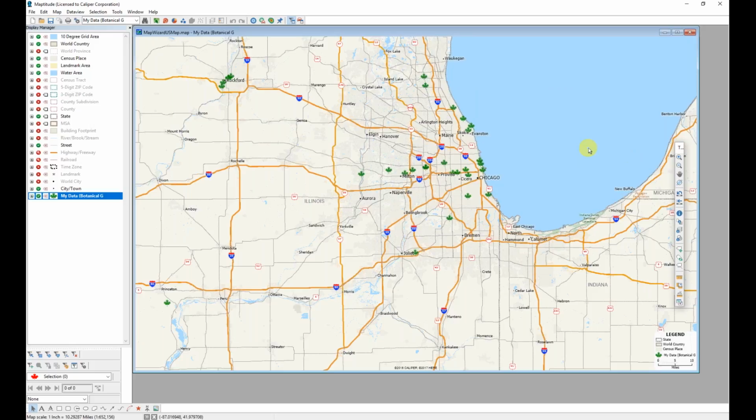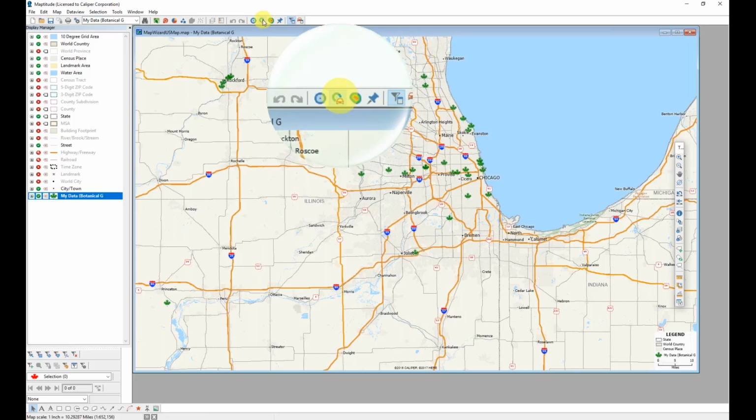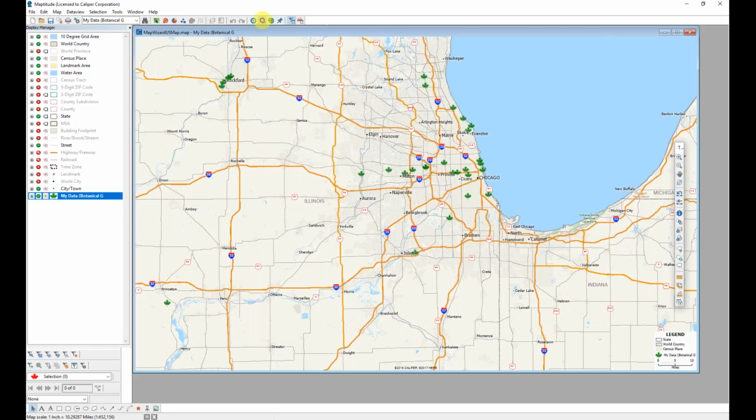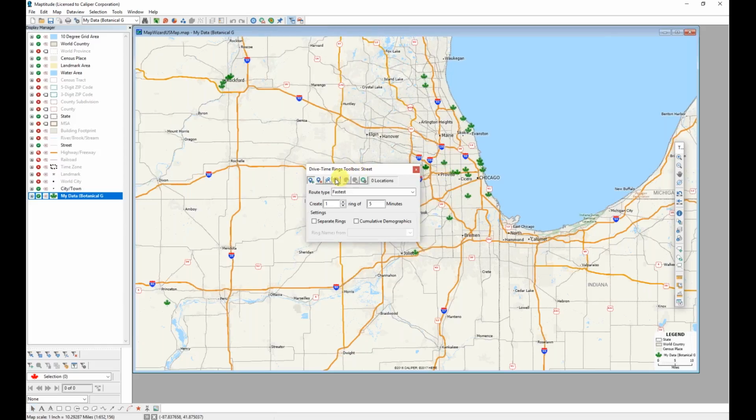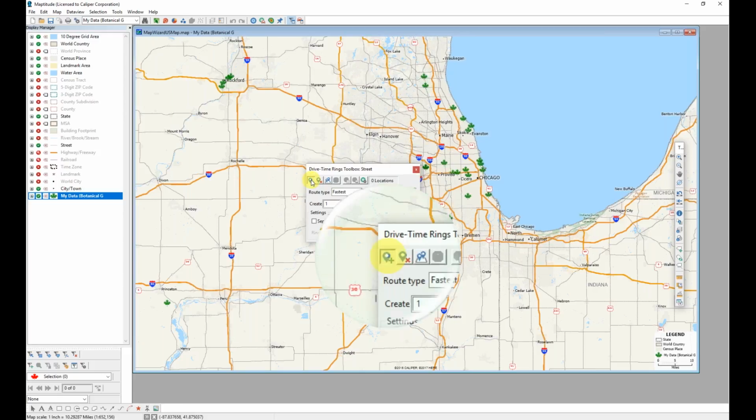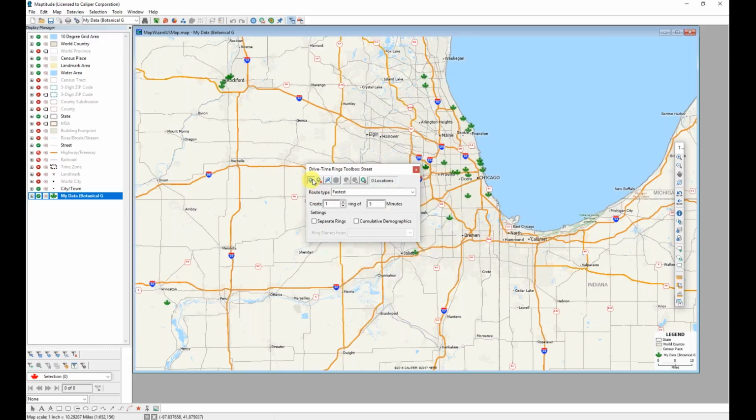The Drive Time Rings tool can be accessed in Maptitude by clicking the shortcut at the top of your screen. This opens the Drive Time Rings toolbox. I will select my origins using the Click Locations tool. And I would like to use this particular